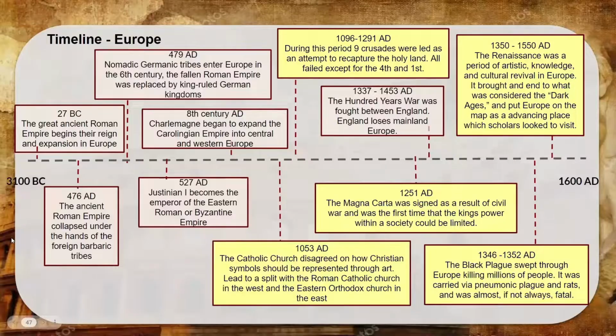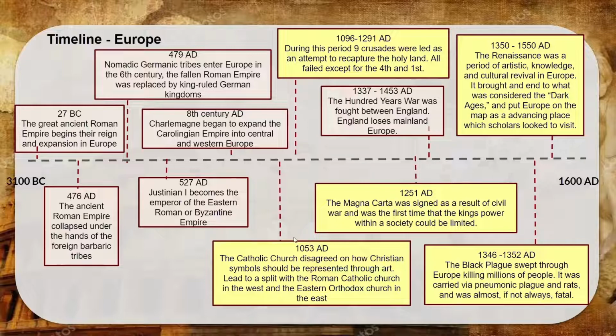Here's our timeline, all the way back in 31 BC to 1600 AD. In 27 BC, the great ancient Roman Empire begins its reign and expansion in Europe. In 476, the ancient Roman Empire collapsed at the hands of foreign barbarian tribes. Nomadic tribes entered Europe in the 6th century, and the fallen Roman Empire was replaced by the king-ruled Germanic kingdoms,